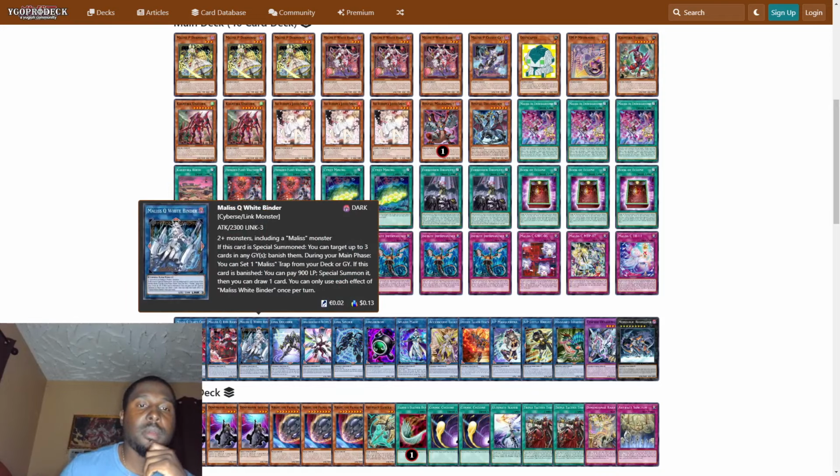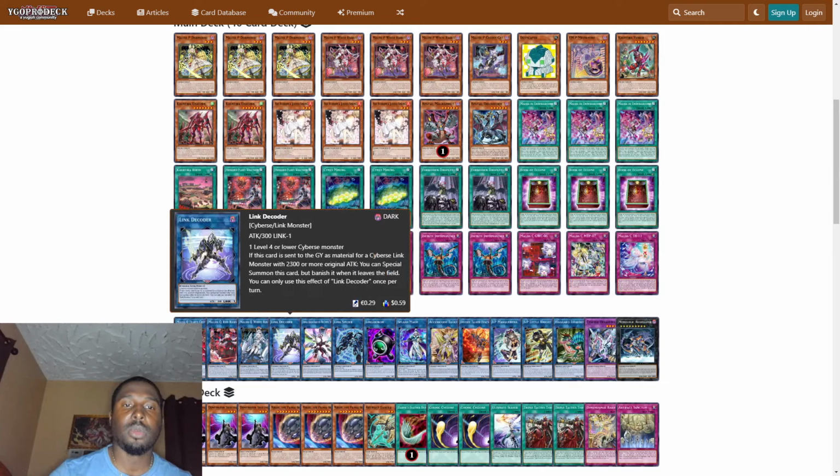Then we play 1 Malice White Binder. If this card is special summoned, you can target 3 cards in any graveyard, banish them. During your main phase, you can set 1 Malice Trap from your deck or graveyard. If this card is banished, you can pay 900 life points, special summon it. Then you can draw 1 card. You can only use each effect of Malice White Binder once per turn. Then we play 1 Link Decoder,